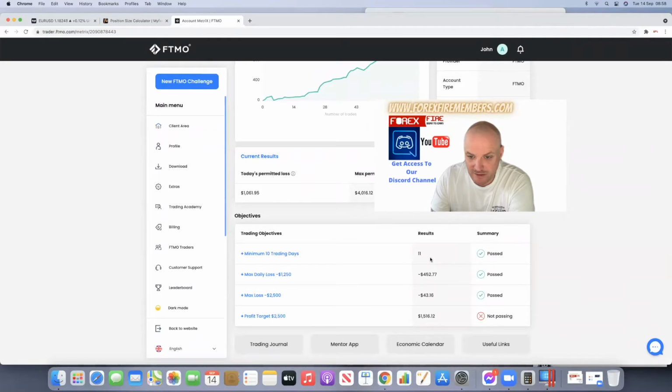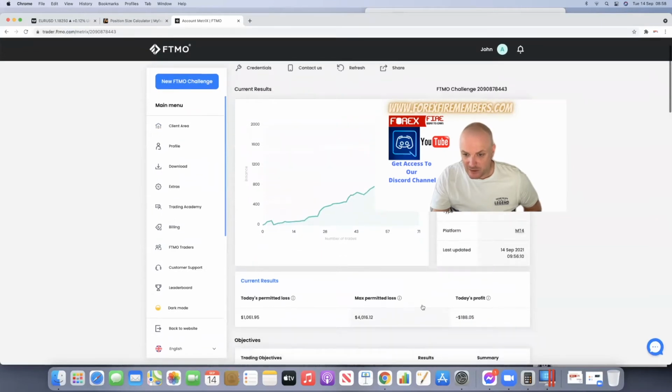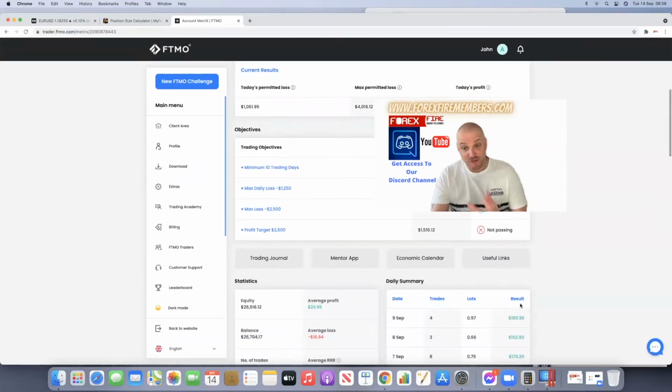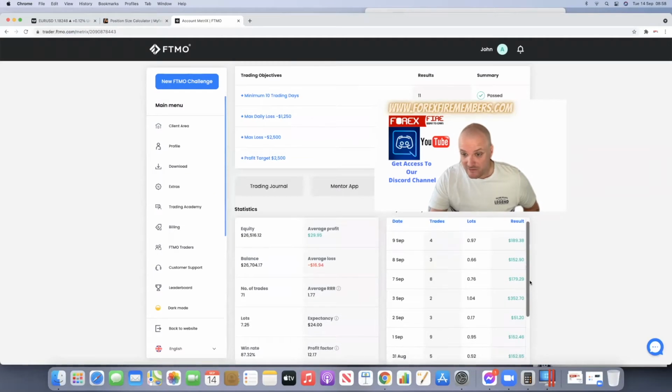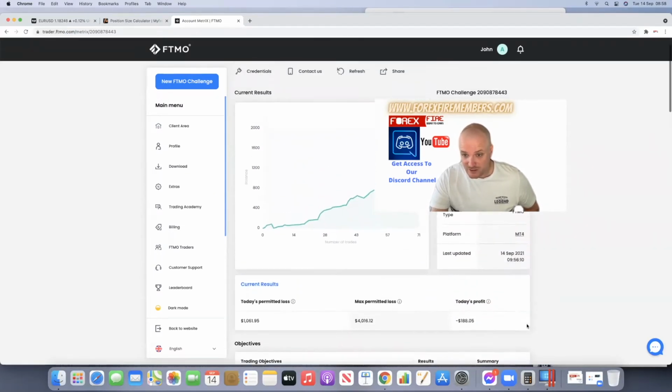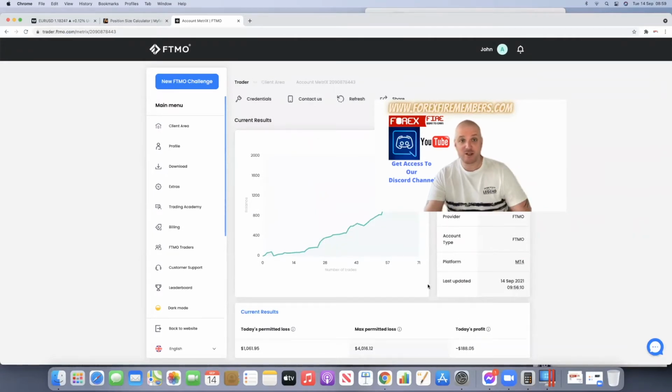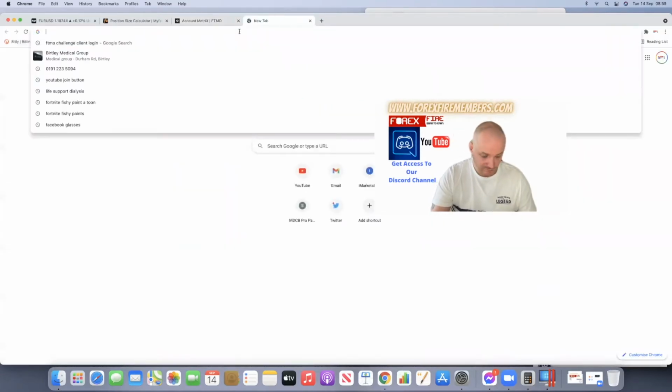We've got 11 days of trading, a profit target of 2,500. We are down from 1,700 to 1,500 odd. However, I do believe I will turn this around by the end of the day quite easily. There's a reason why I have my stop losses, TP areas and entries going on what you can see in here. Very, very consistent on a day-to-day basis. So this does not deter me one bit. So that's where we are on that.